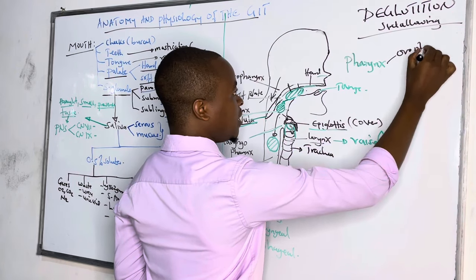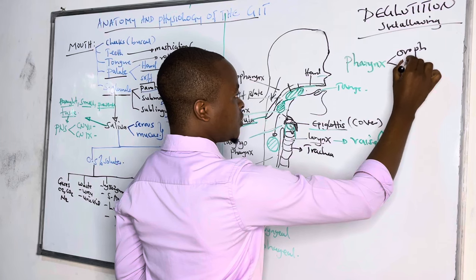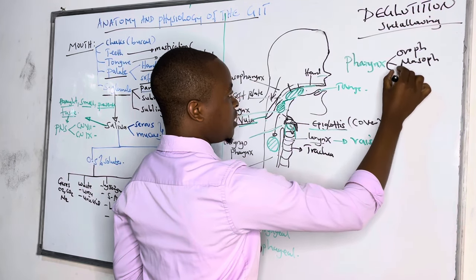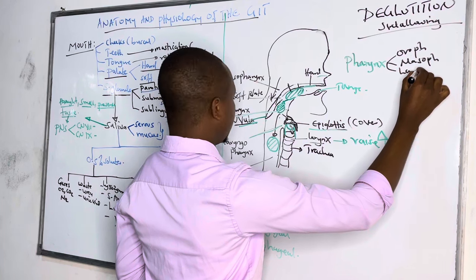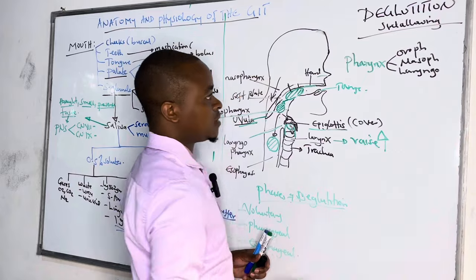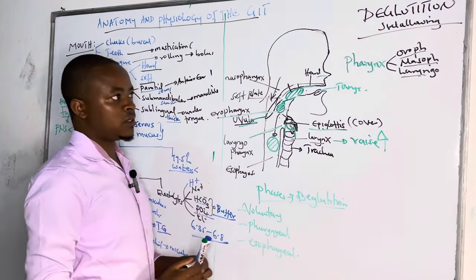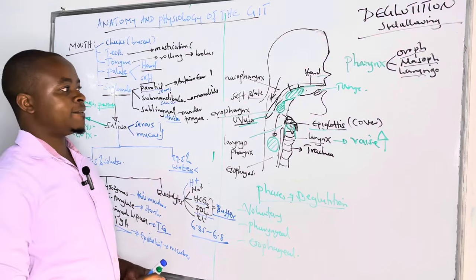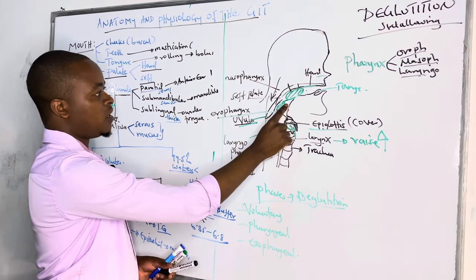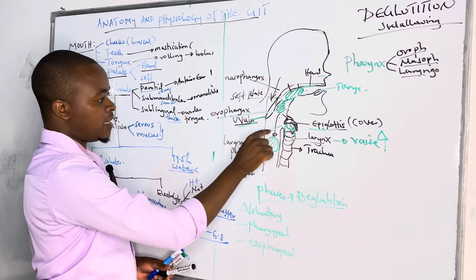This is the oropharynx. We have the nasopharynx, and we have the laryngopharynx. So the pharynx is divided into three: oral, nasal, and laryngeal. This is the pharynx, whereby the oropharynx is here, the nasopharynx is up here, and then the laryngopharynx is